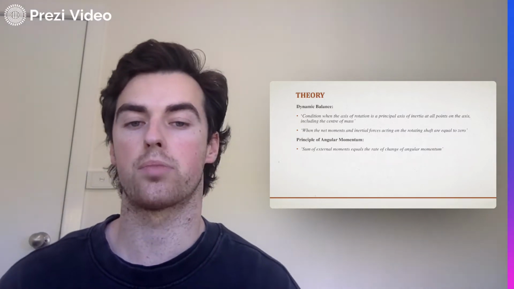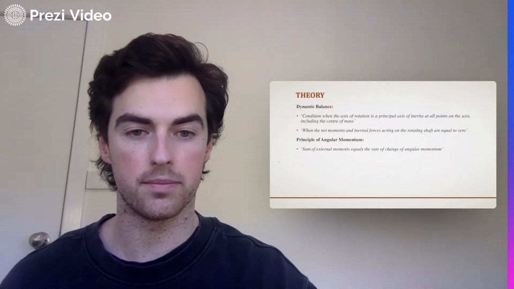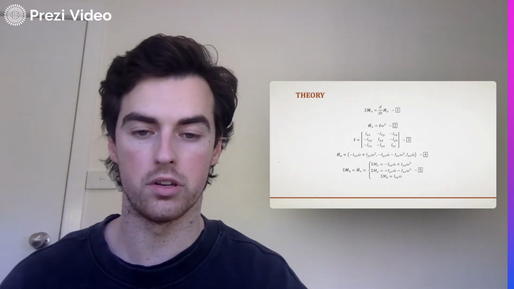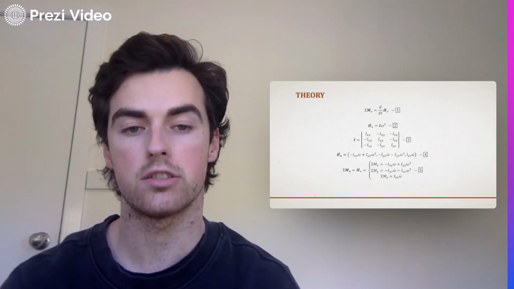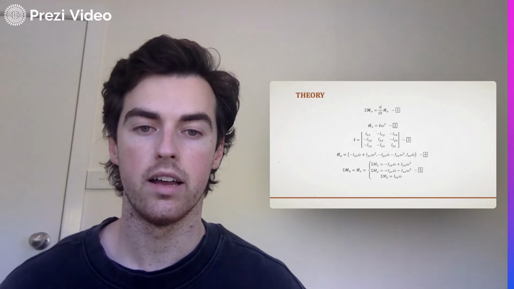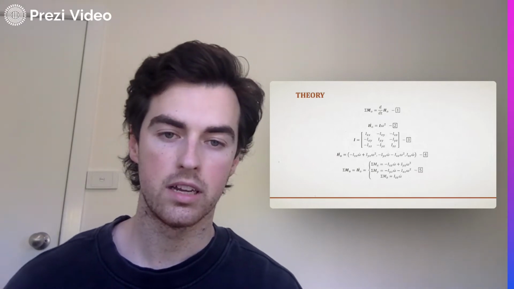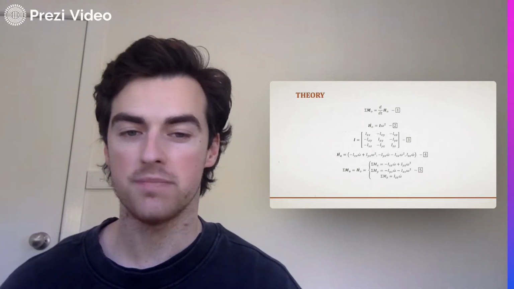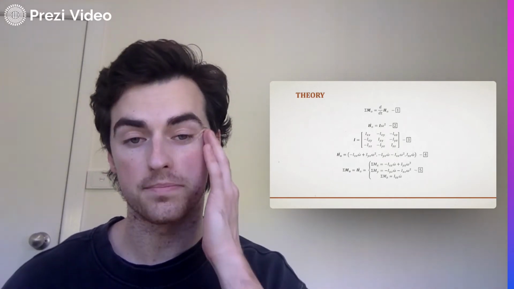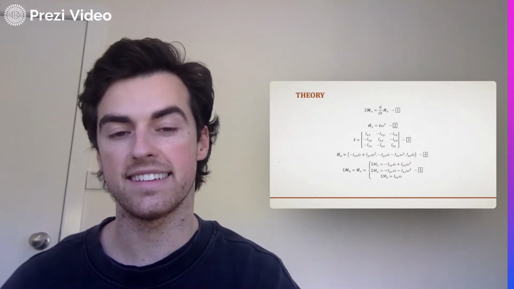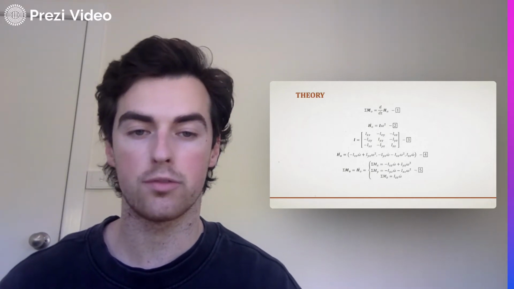So to do that, we need the principle of angular momentum, which is the sum of external moments equals the rate of change of angular momentum, which is described by that first formula there. The sum of the moments about the origin equals the rate of change of angular momentum also about the origin. Now, that rate of change of angular momentum equals the moment of inertia times angular velocity squared. Now, that moment of inertia is actually a matrix, which is comprised of the products and moments of inertia. This describes distribution about the axes, and so once placed back into number 2, the expression labeled number 4 can be